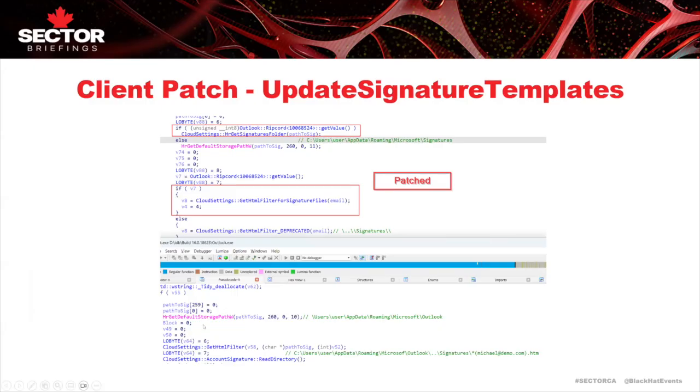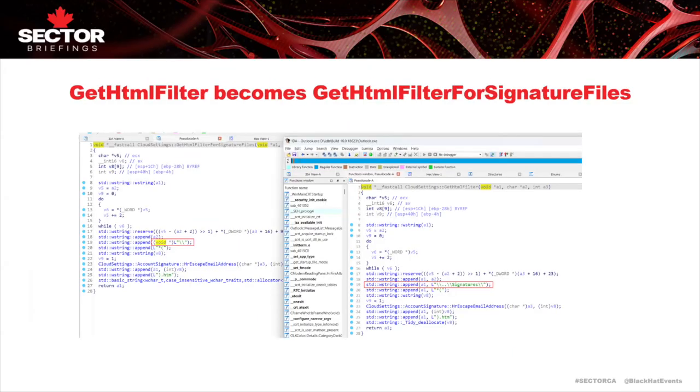Let's use a special API to fetch directly the signatures path instead of appending it every time. And this way we'll avoid directory traversal. This is an example of a change of a function which had before appended signatures. Now it doesn't, because we pulled a path of signatures prior to that.